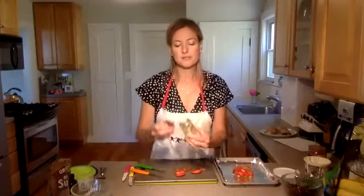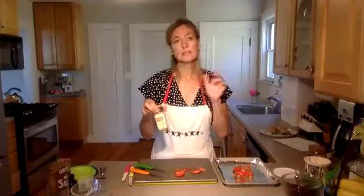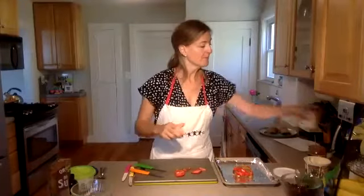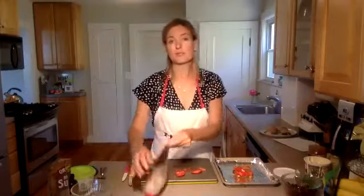This is a really nice onion salt. This one is from Trader Joe's. What's nice is it has onion, garlic, and some little chunks of onion as well. All right, and so now the last thing that we're going to put on here is some sort of cheese